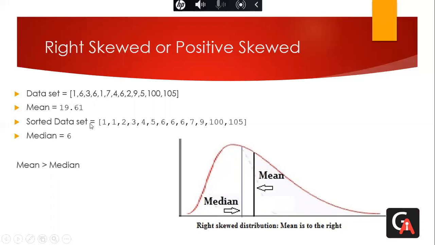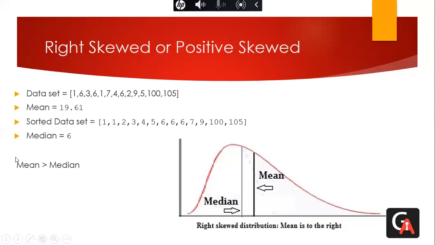For median, we are simply going to sort these numbers and pick the middle number. So in this case, 6. So 6 is fine. It's between 1 to 9 because most of the values are between 1 to 9. So median is not sensitive towards the outliers, but mean is sensitive towards the outliers.